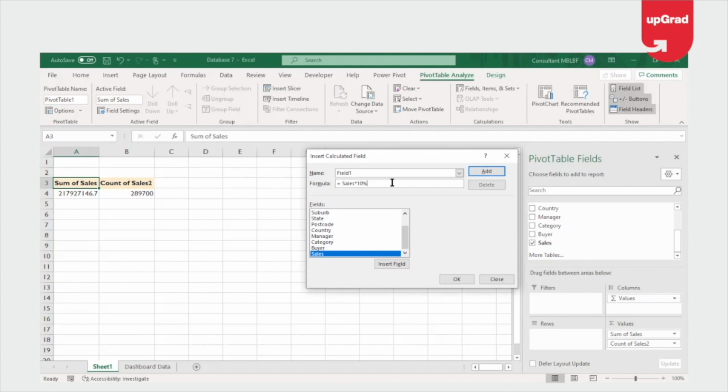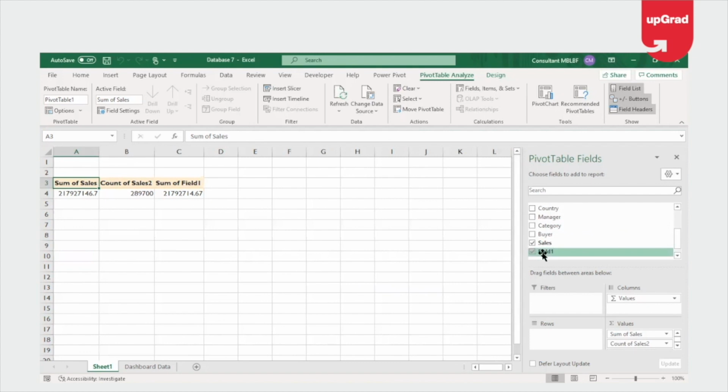So I would call it 10%, and I say okay, and you can see that it is added as a new field. Of course, I have the option to add whatever name I need in the first place itself, which is not available for me in the values column. You can change it at a later stage, but it is not very easy to change those names there. While for this one, you can always give the name that you want, and this field will stay here and you can add it to other pivot tables as well. So it becomes simpler and it is explicitly available for other pivot tables as well.